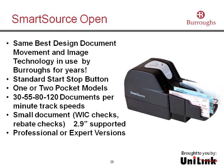Next slide. To begin with, the Smart Source scanner from Burroughs has a long line of history in the capture of documents at the teller line. Based on our award-winning patented technology and the movement of paper through the track, our magnetic ink and optical character recognition capabilities, the document separation at the feed station, eliminating double documents being processed, and then we really separate ourselves from other UniLink partners in the capture of images and MICR ink up front, that allows your application provider for front counter to work with your institution individually in decisioning on what endorsement you'd like to print on the back